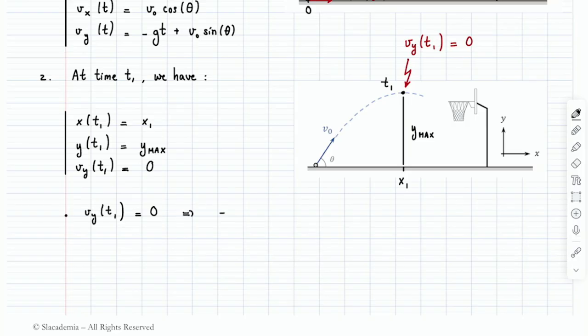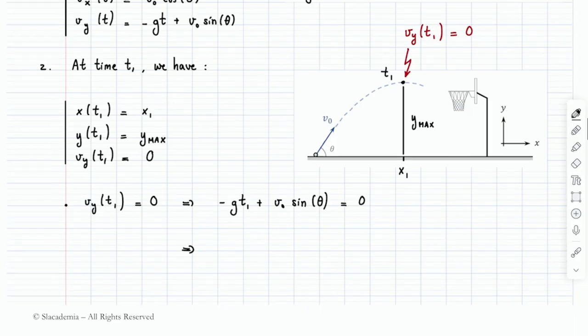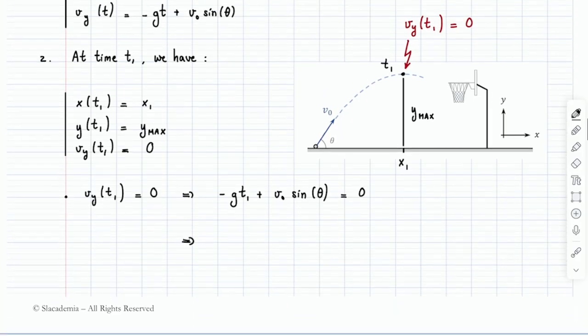Okay, well, Vy of t1 is minus g t1 plus v naught sine theta. And again, I'm going to do everything in variables as much as possible because, first of all, it's good practice. It's how you should do it anyway. You might not have a choice on the exam also anyway. And I'll plug in values last because occasionally you do have values, and for the homework you need to be good at plugging in values, but we're going to try to use variables as much as possible. So if I throw g t1 to the other side, I'm going to get g t1 is v naught sine theta. All I would have to do then is divide v naught sine theta by g. That ought to give me t1.